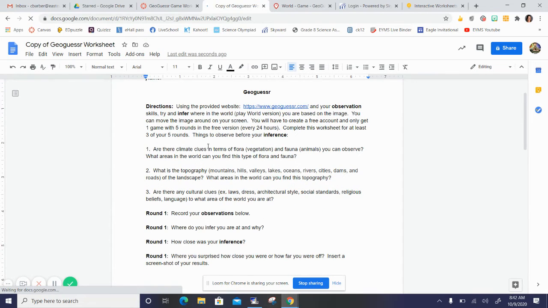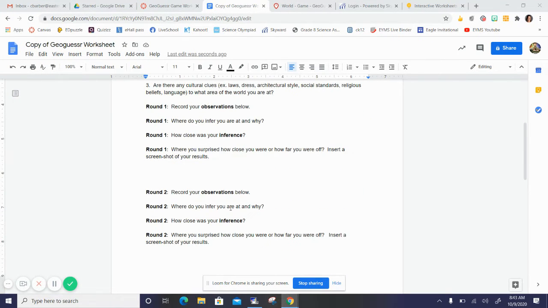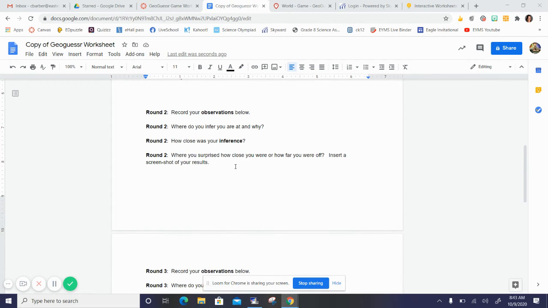And again, you're looking for climate clues, the vegetation, animals, topography, what kind of mountains or valleys or water, cultural clues, like if you see people, how are they dressed, the architectural style of the houses, languages, if you see signs or buildings, and it definitely doesn't look like it's in English. Those are the kinds of things that you record here as observations, and then you infer where you're at. That's the guess that you're making, and then you tell me how far off you were once you actually submit it. We do want you to put some screenshots of that little map, to show us. So again, you're doing 3 out of the 5